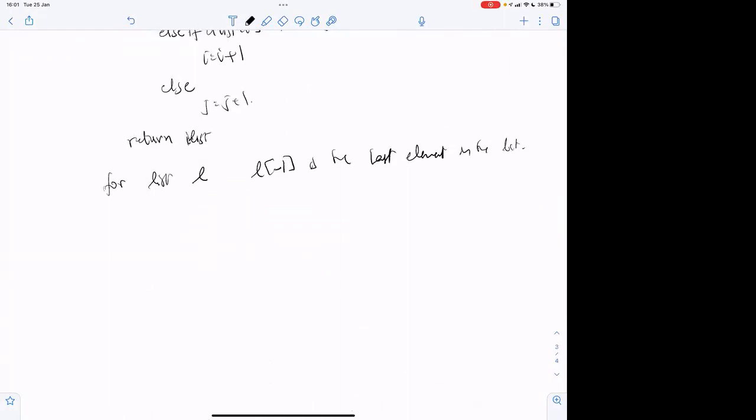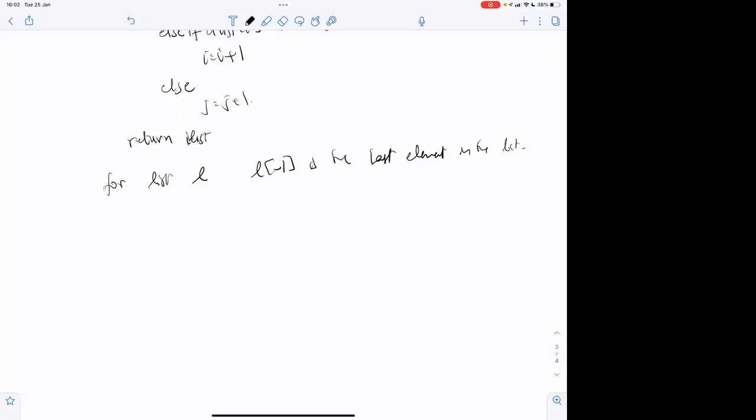L minus 1 is a constant time operation. In any case, you can store the length of a list very easily in your data structure, correct? So there's a difference between arrays and lists. That is true. And if you have to traverse the entire list to get to the end, it would take linear time. That is also true. Correct?